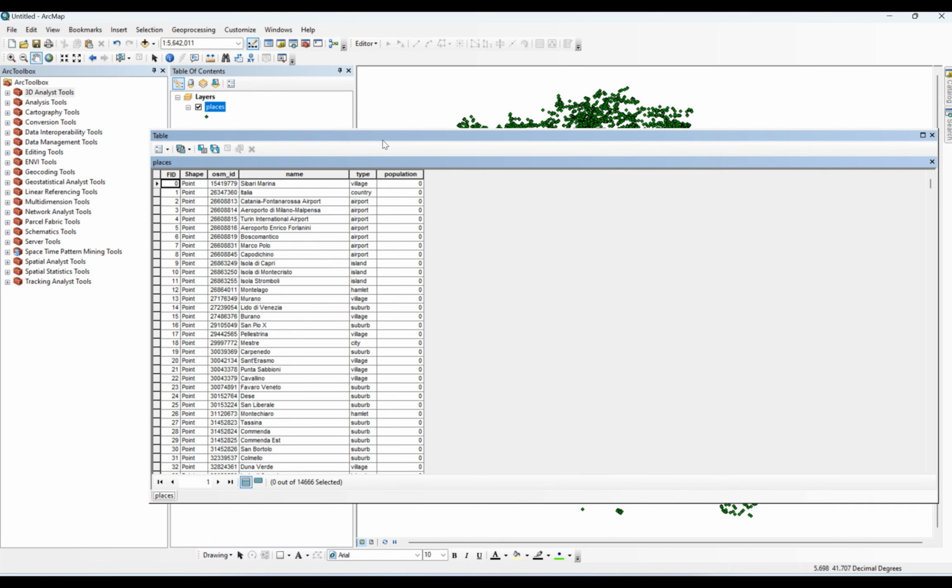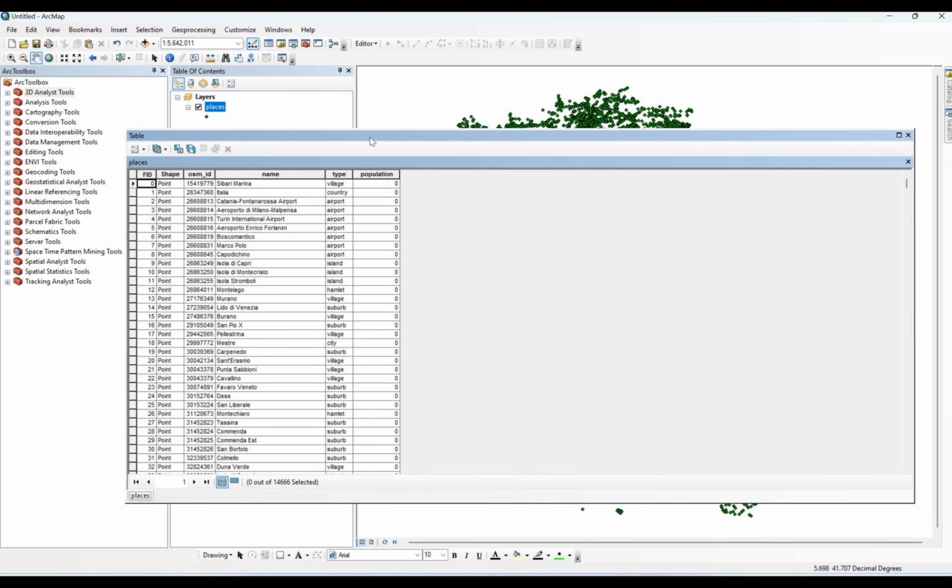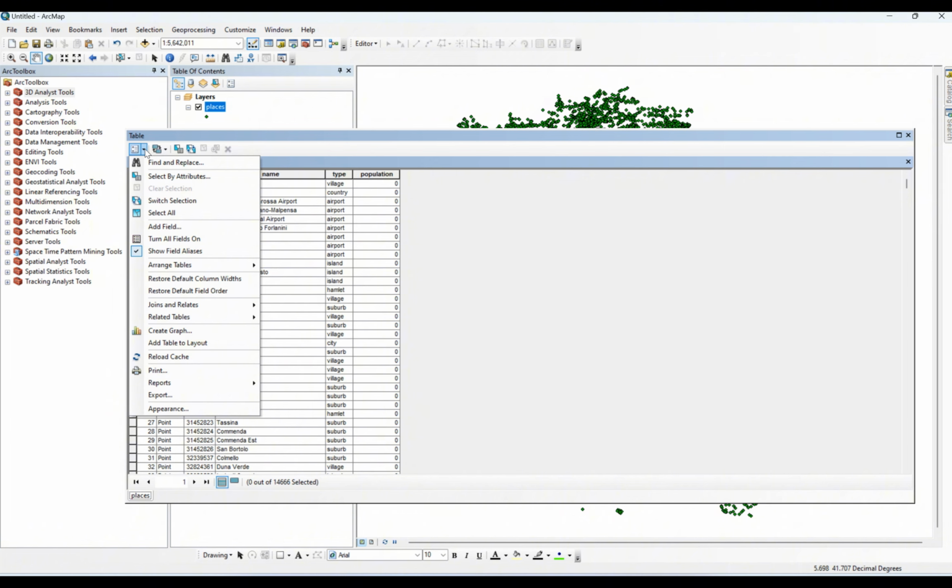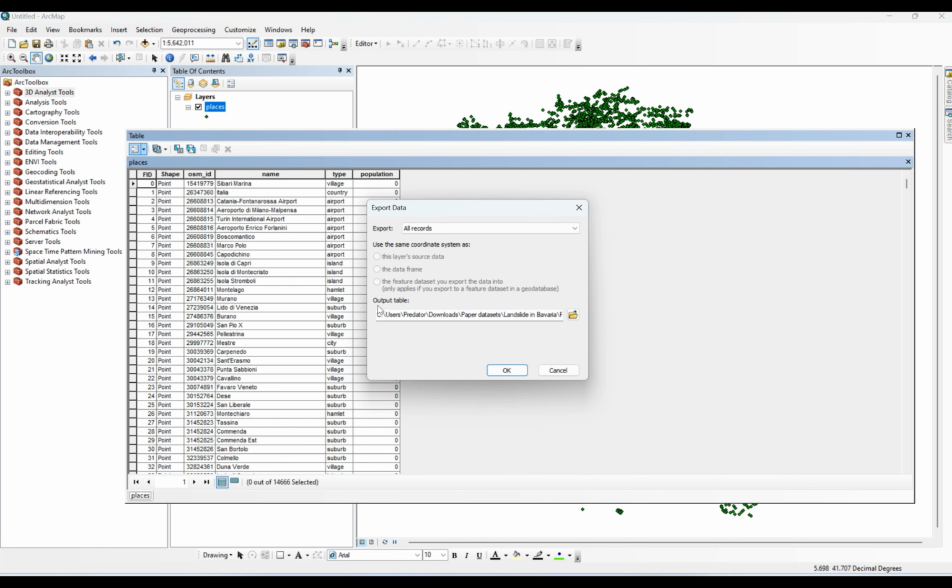In order to convert these data into Microsoft Excel format, I can use table options, and from export, and say export all records, and from output table